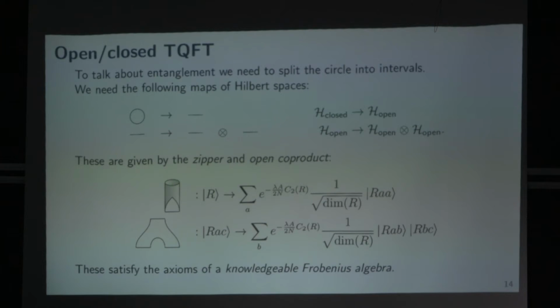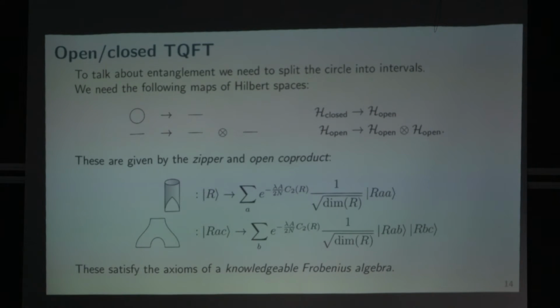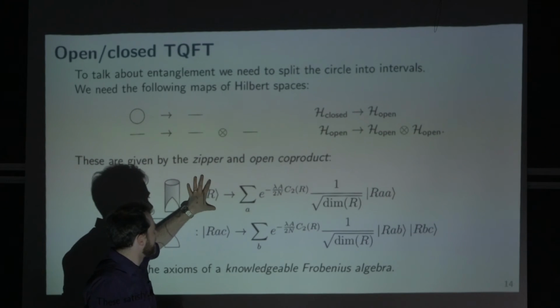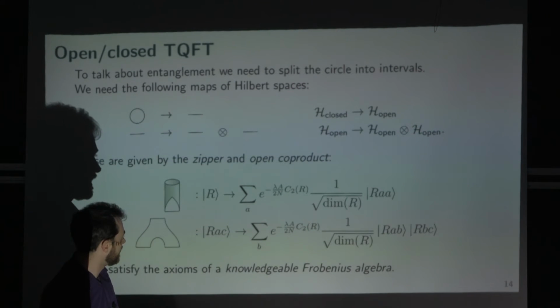So the first thing we can draw something like this. In the TQFT literature, it's sometimes called the zipper. You sort of unzip the circle. Okay, and that's given by the following map, which takes this state R labeled by a representation, and turns it into